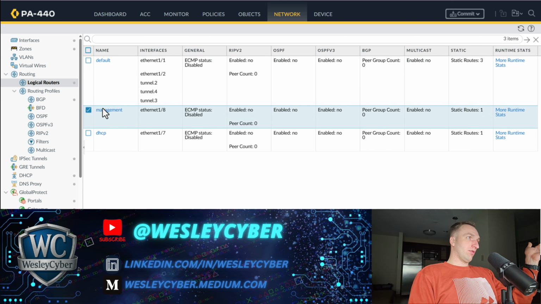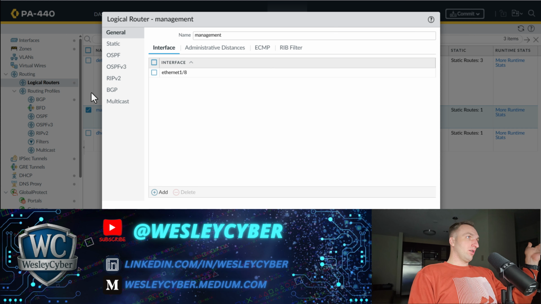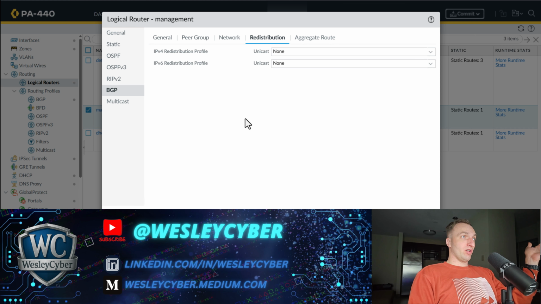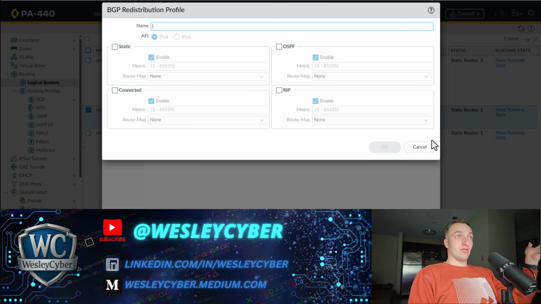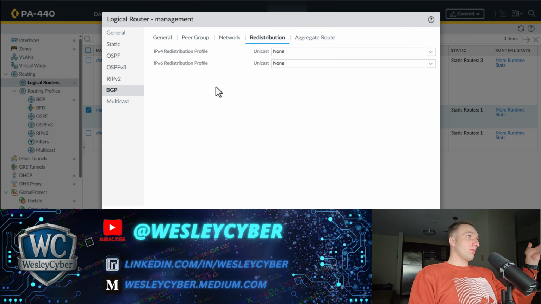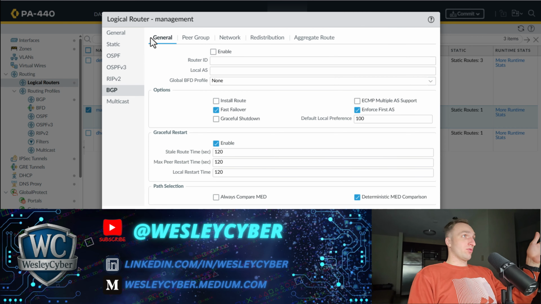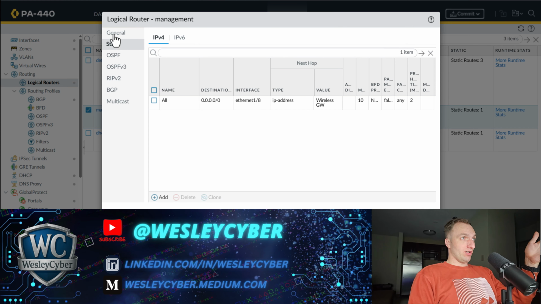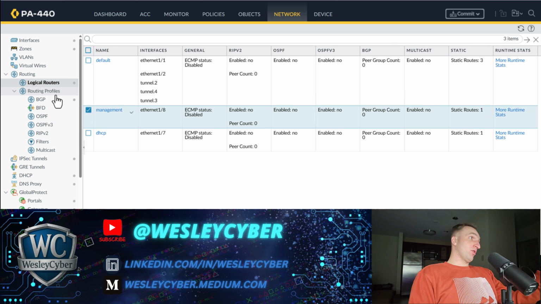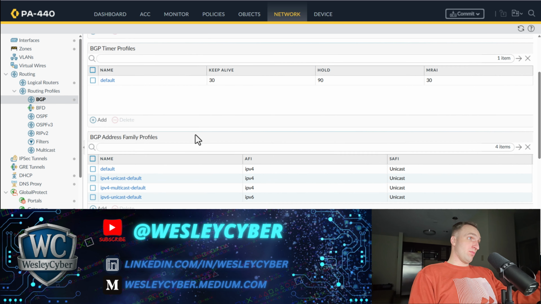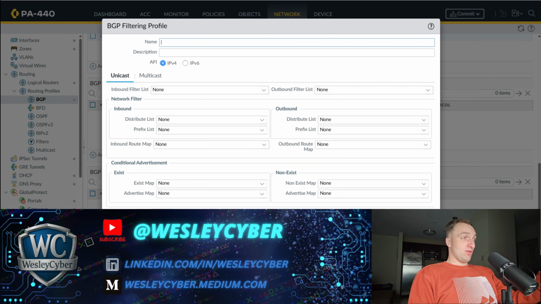So like if we go here, we go to BGP, and then we do redistribution. So now you have to select the redistribution profile, right? Similar to, so remember last time the redistribution profile was here in the router, and then we just added it. Now it's in these profiles here. So you've got to go to BGP,